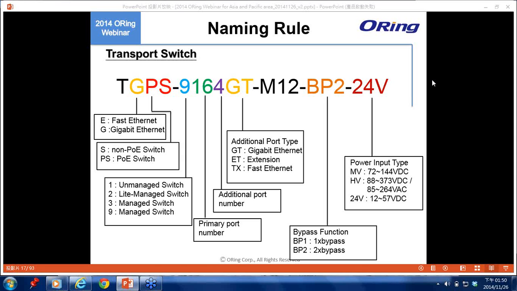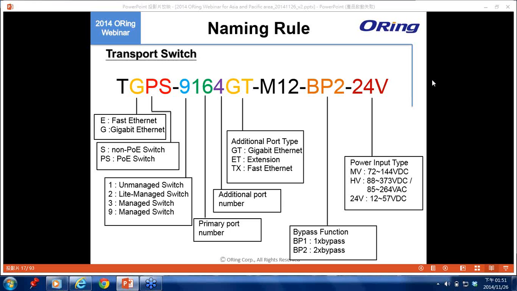We have the 2 digits, which in this case is 16. That means the primary port number. That means these 16 ports will correspond to the first 2 digits, the gigabit Ethernet and the PoE switch. That means in this model, it's got 16 ports of gigabit PoE ports, and after the 16, there will be